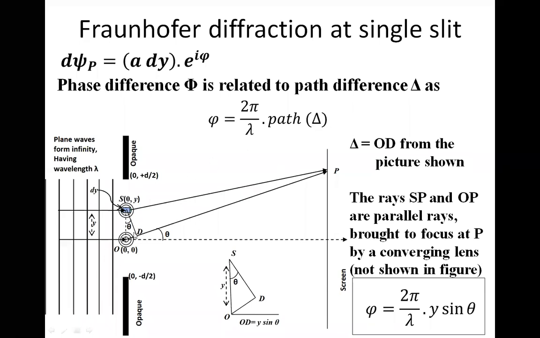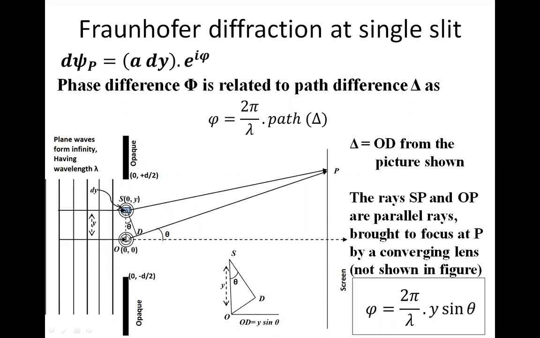So the path difference is nothing but, just by looking at the picture, you can understand, SP equal to DP. So the only difference is OD. So the second ray, I mean the S ray, is differing in path from the O ray by OD distance, right? So this OD from the picture, I have actually zoomed this SOD triangle. In this SOD triangle, you can see, as I have mentioned, this angle theta. Please observe, this is theta. So the angle SO horizontal line is 90 degrees.